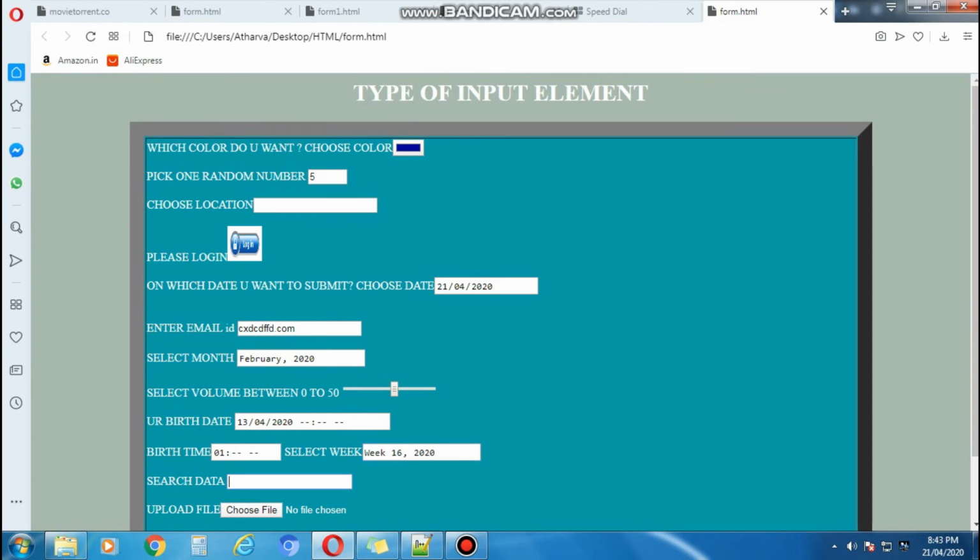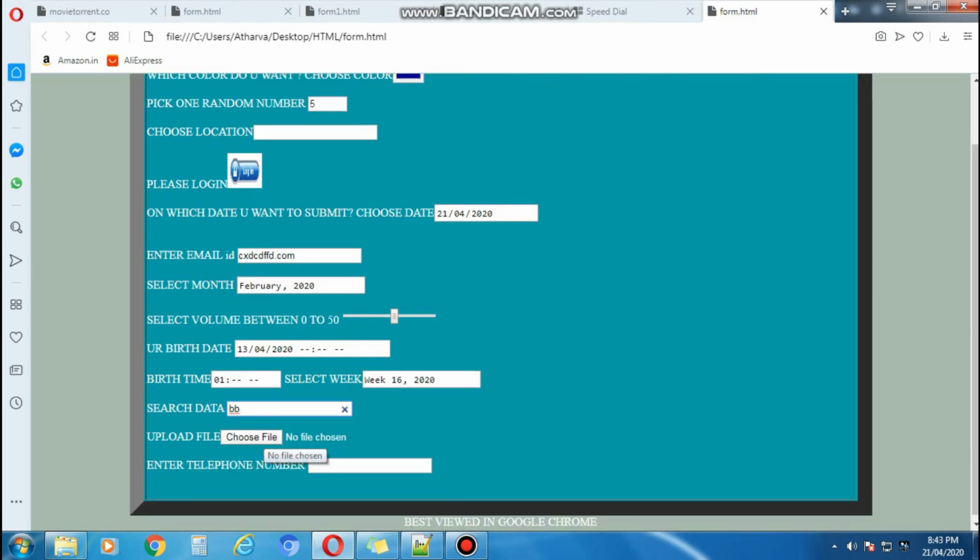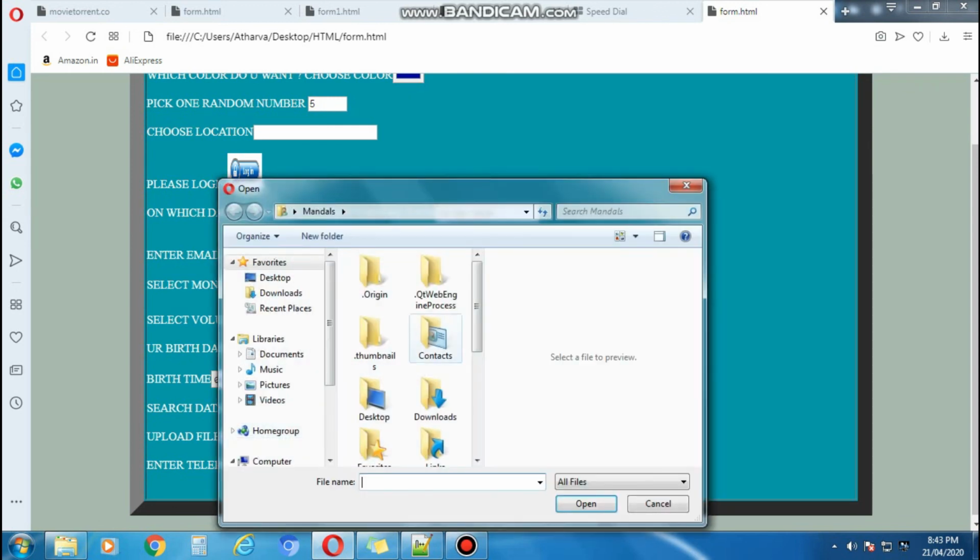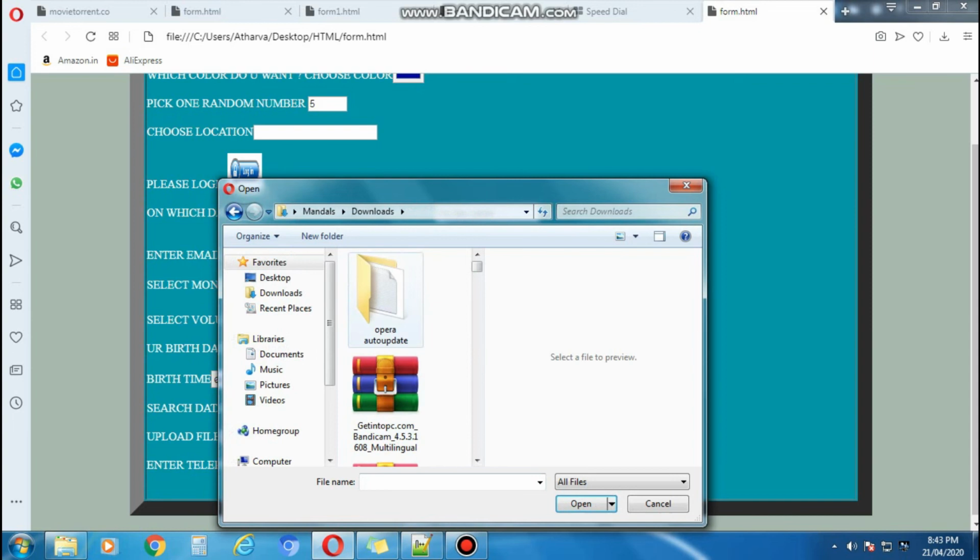Then this is input type equal to search. So whatever you are entering, that will be searched by the form. And then there comes input type equal to file. So whatever file you want to upload via the form, you can select it and send it to the server.